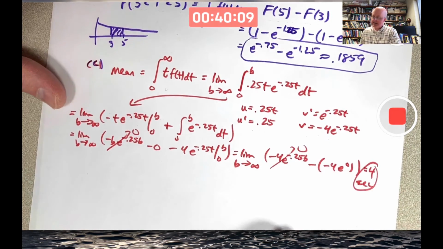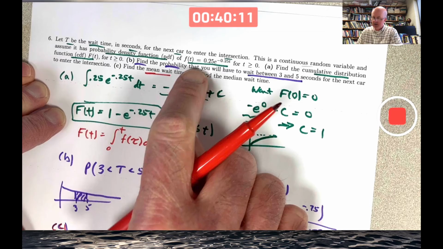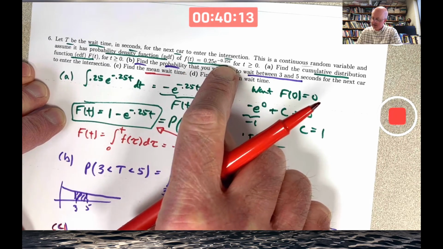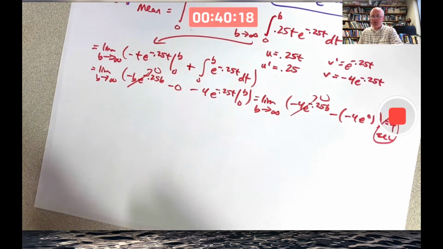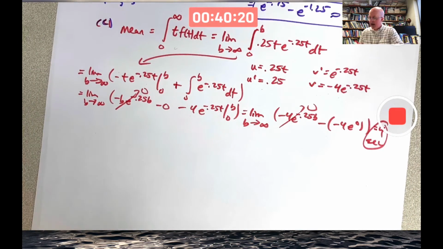It's not a coincidence that that happens to be the reciprocal of the number in front, which matches the number there, except there was a negative sign. It's not a coincidence that that happens. 4 seconds is the mean. Theoretical average wait time for the next car to come into the intersection. Part D